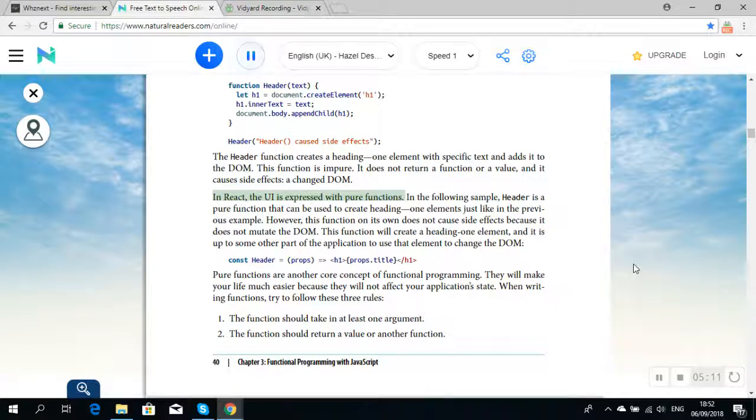In React, the UI is expressed with pure functions. In the following sample, Header is a pure function that can be used to create heading one elements just like in the previous example. However, this function on its own does not cause side effects because it does not mutate the DOM. This function will create a heading one element, and it is up to some other part of the application to use that element to change the DOM. const Header = props => <h1>{props.title}</h1>